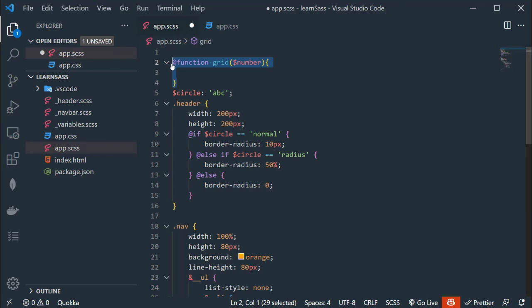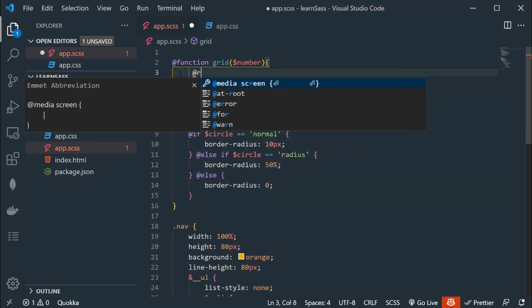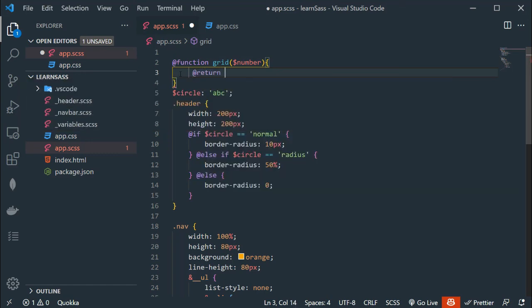Now this function should return something. So simply we have to add the @return keyword. Now we can return string value or number or boolean values, but in my case I am going to do some calculation. Basically I want to create some columns, and for that I will use a formula, and the formula is